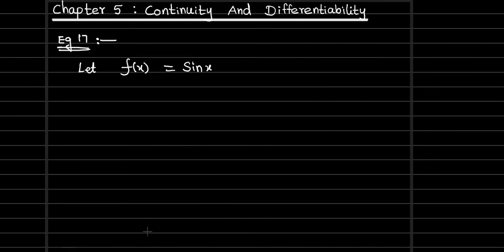Basically, let us recall now. If any function is continuous, what is the condition it has to satisfy? See, let c be any point. If a function is continuous, then the f of c value and the close values of c, the left hand limit and right hand limit, have to be satisfied. Then only we will say the function is continuous.